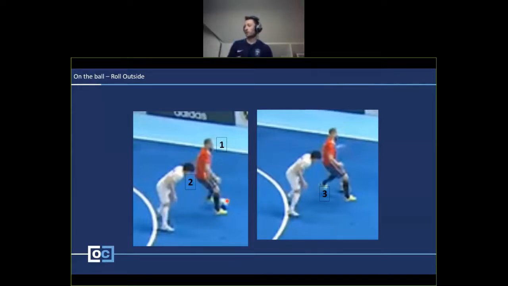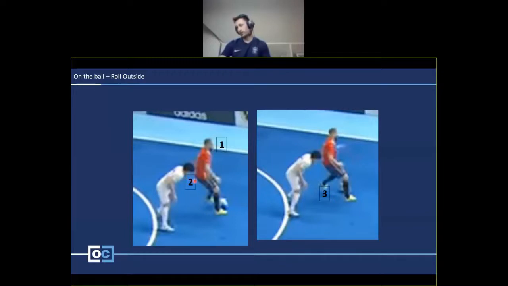Getting that half yard by rolling it backwards, that could be the difference between you scoring or your other keeper making a fingertip save. The first thing here, like I said, head up. He knows where defenders are, he knows where his players are. He's probably already decided he's going to turn. I'm thinking from experience, because there's no real reason for him to turn here outside. His players could have come for an easier shot. But I think he was firing pretty well in this game, so he knew he was going to do it.